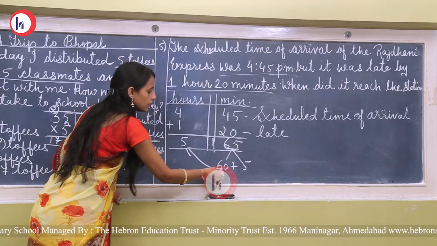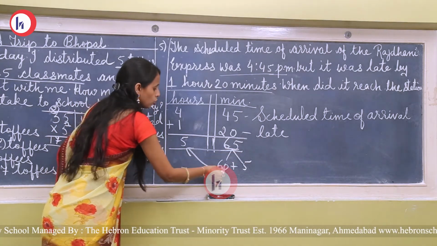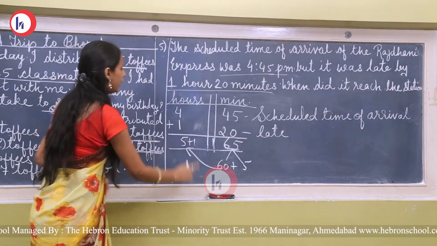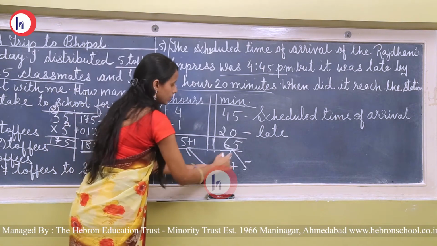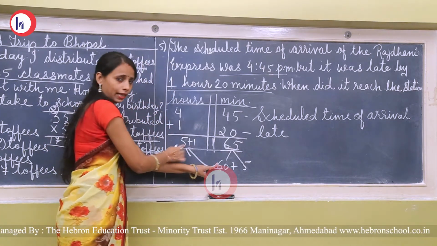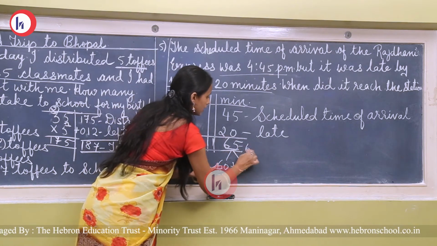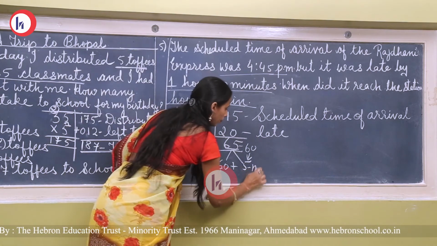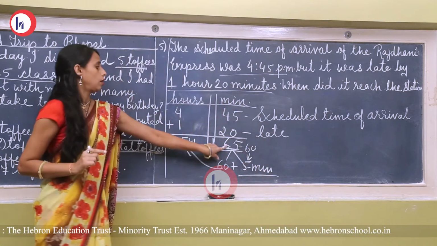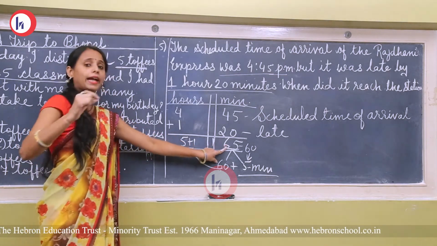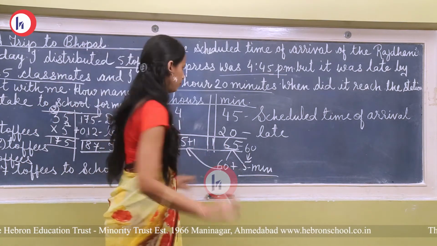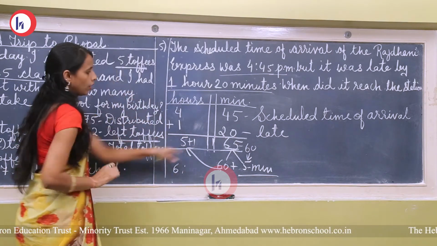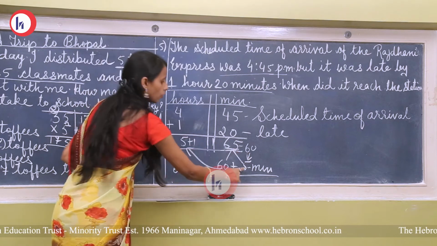इसमें से 60 minutes convert हो जाएंगे 1 hour में. So, it will be added here. 60 minutes का 1 hour हो जाएगा और ये यहाँ पे ऐड हो जाएगा. And after 65 में से 60 minutes यहाँ पे चले गए, that means कितने बचे? 65 minus 60 remain will be 5 minutes. Okay, so 5 minutes will remain here. So here we will write minutes as 5. So answer will be 5 plus 1, 6, and 65 minus 60 is 5.